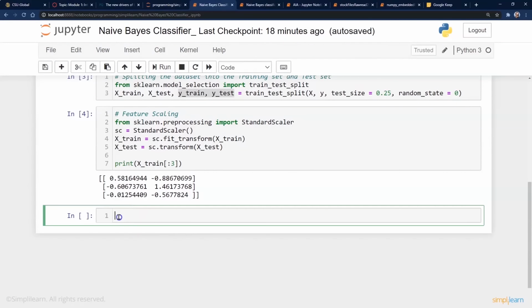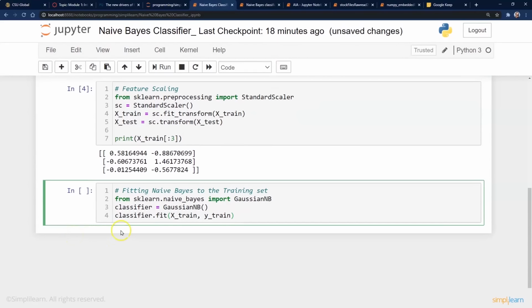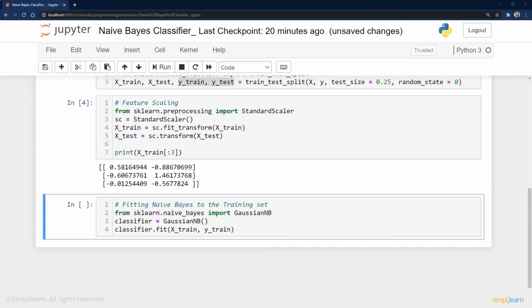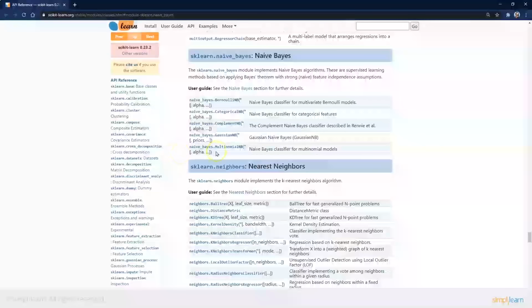And finally, we get to actually create our naive Bayes model. And then we're going to go ahead and import the Gaussian naive Bayes. And the Gaussian is the most basic one. That's what we're looking at now. It turns out, though, if you go to the sklearn kit, they have a number of different ones you can